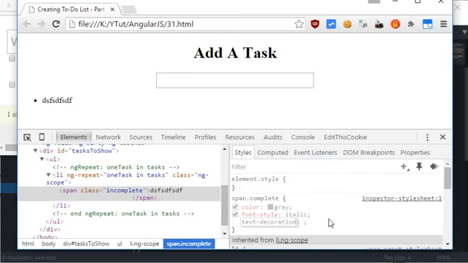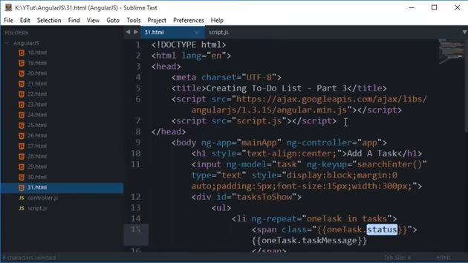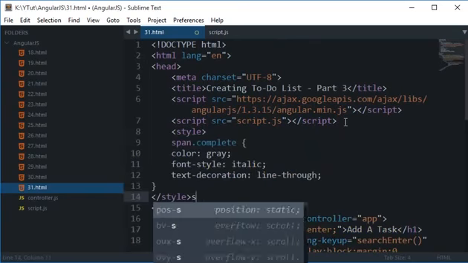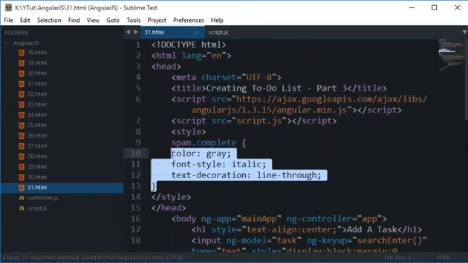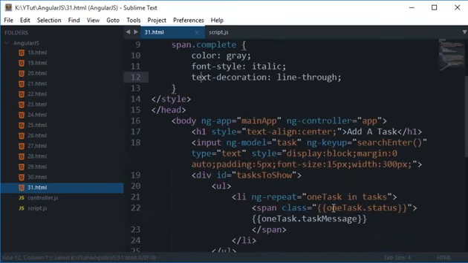Text decoration. This was like a line through, I guess. Let's just check out. Yeah, so that's okay. So I'll just copy these styles and I'm gonna just paste them right here. Okay, so what I'm trying to do is I just have to now trigger this incomplete class to complete right